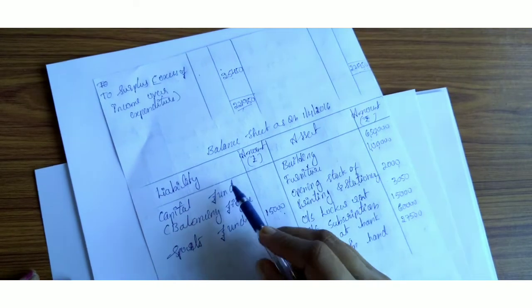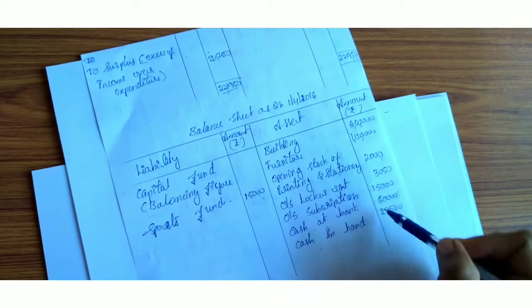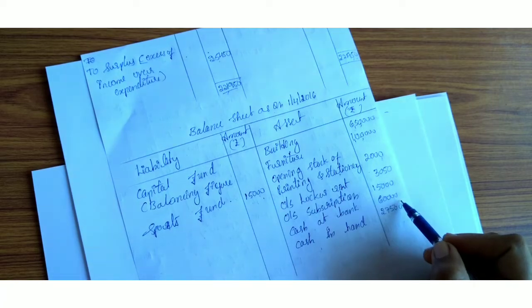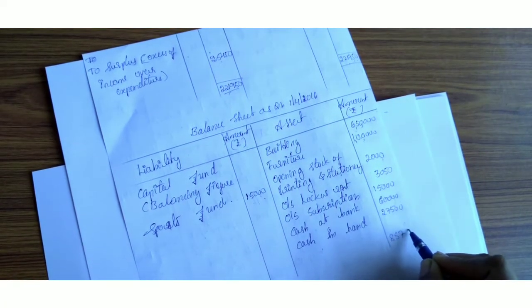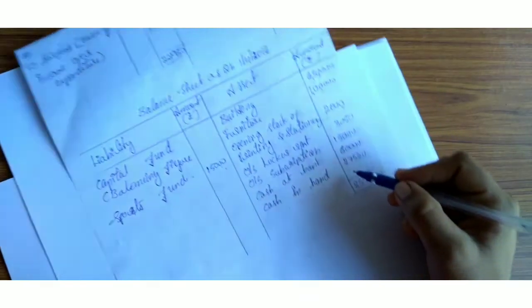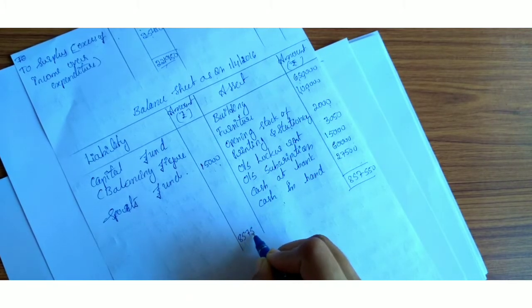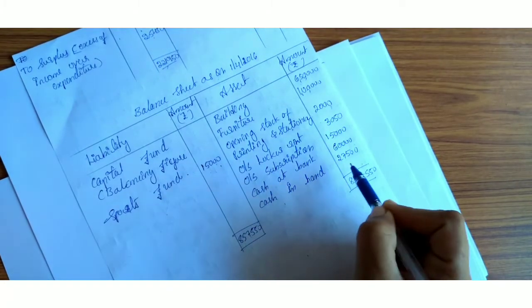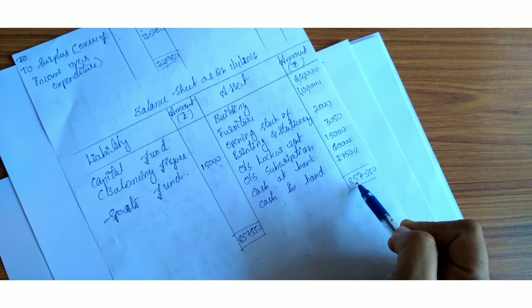And capital fund, that is found by balancing both the sides, means that asset side total will get, that is 8,57,550. Okay, the total of asset side is 8,57,550 rupees. The same will be written here because we are balancing, and after that we'll deduct this much amount. 8,57,550 rupees is the asset side total.